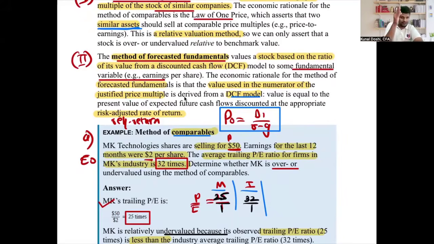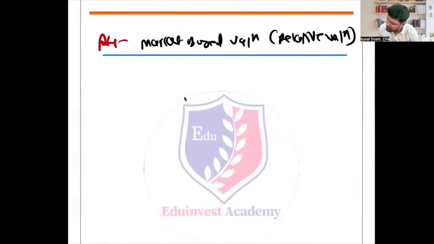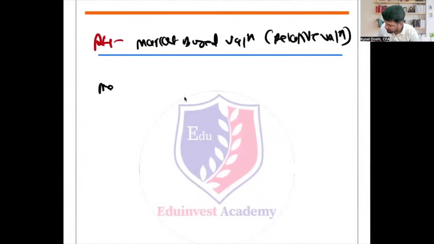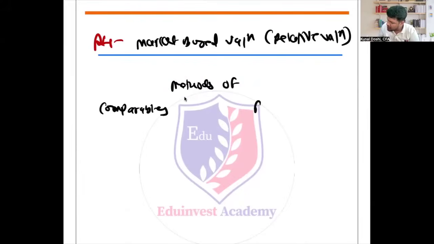So we are going to say method of comparables and forecasted fundamentals. I'm using the same things which are there in your notes. So I'm not writing anything which you probably are not aware of. It's in your notes as well. So methods of forecasted fundamentals